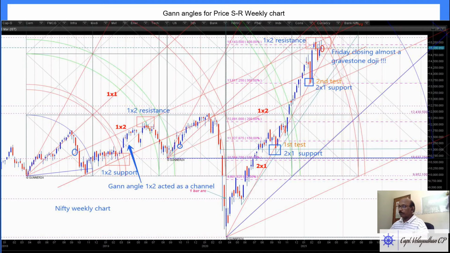Okay, we already analyzed the daily chart. Now let us see what we get from the weekly chart. This is the Nifty weekly chart. 5 weeks was a strong bullish move, then it started moving down. It took 2-3 weeks of correction, and it tried to breach one by one, but price stayed on this line, one by one. It didn't breach actually. It always tried to close above the one by one line.